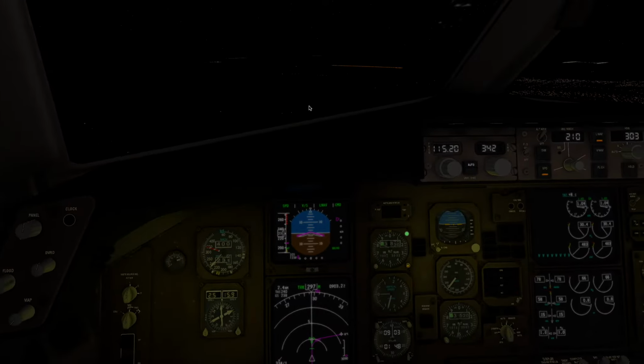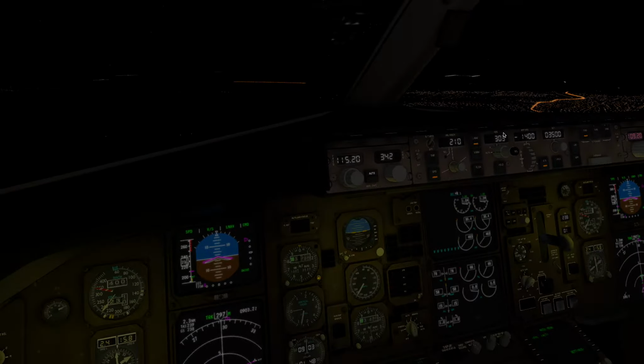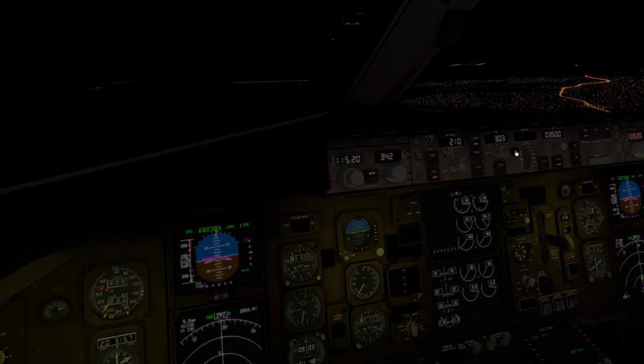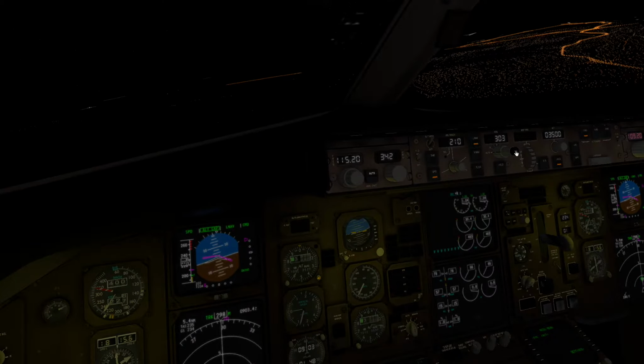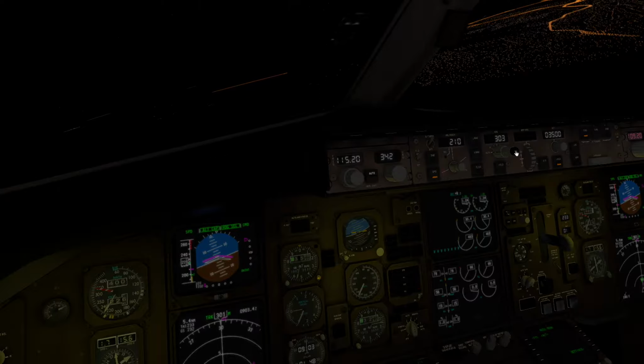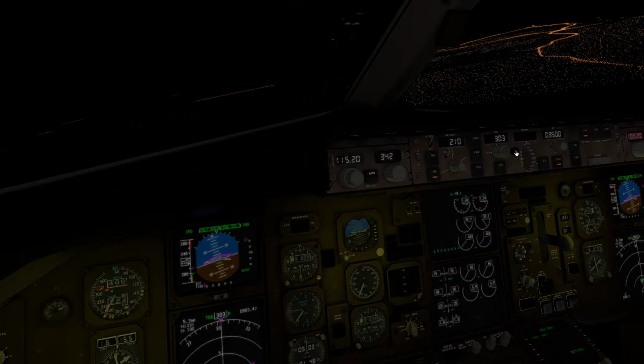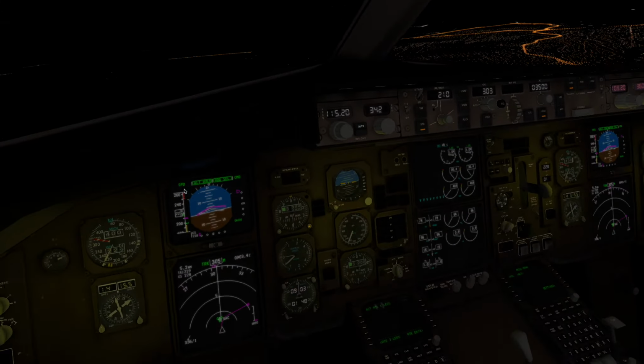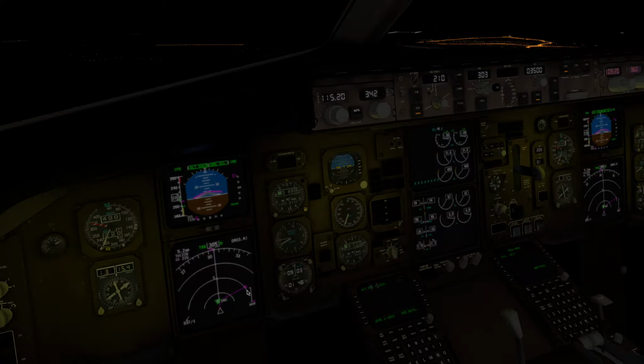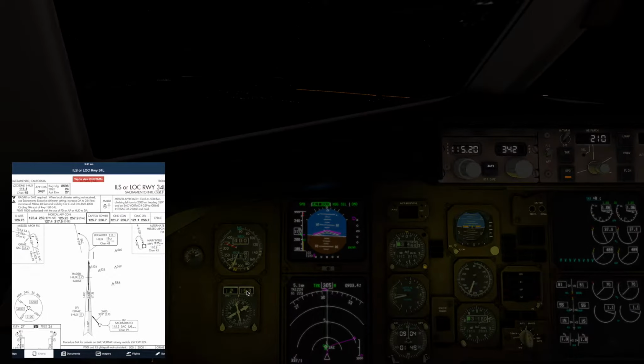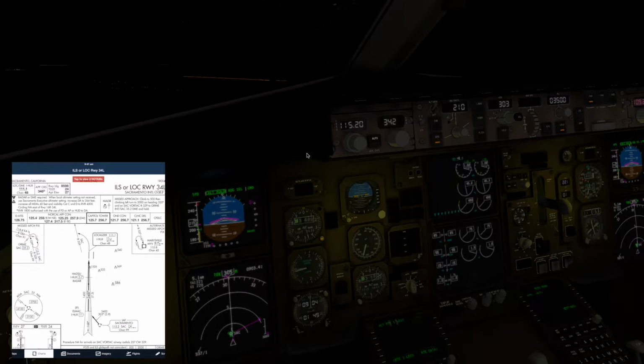And when we get to SAC, switch over to heading mode. 303 is our heading, very slight right turn. Switch that on now because it's trying to fly to KSAC at that point. So now on heading mode,